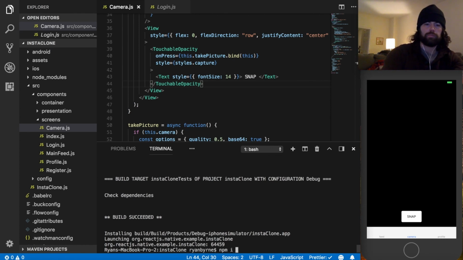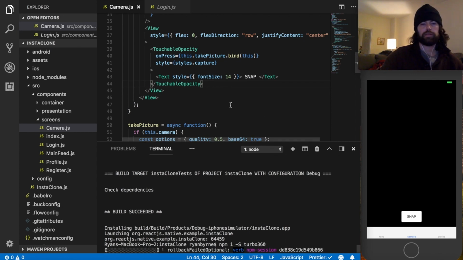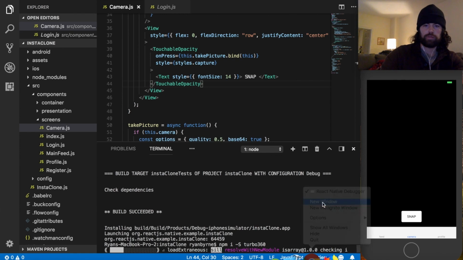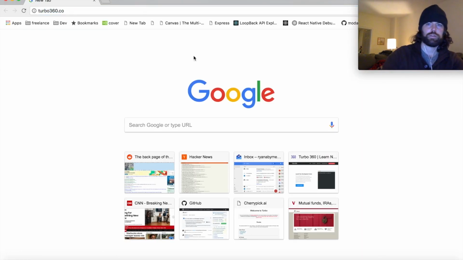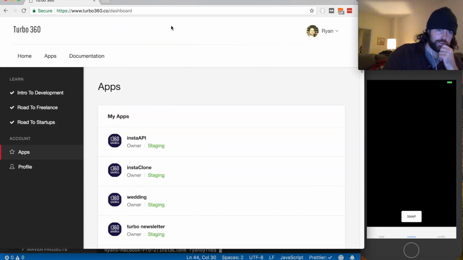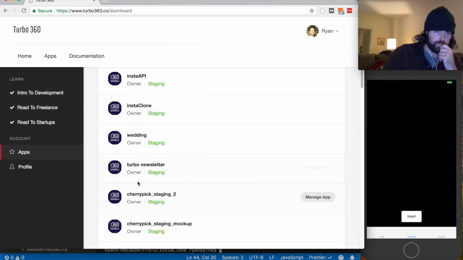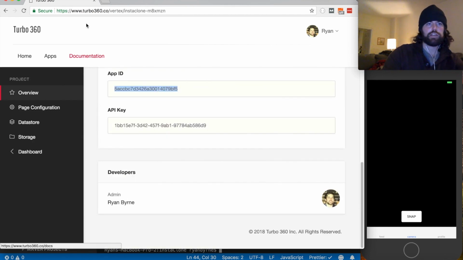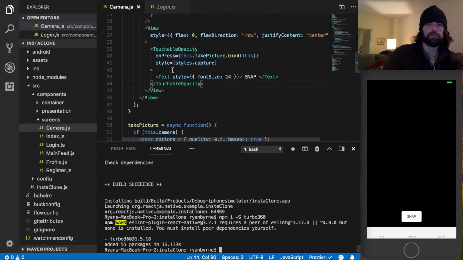So what we want to do is install the Turbo client SDK. So npm install turbo360, and you need to get your app ID from your app. I'm going to open a new window quick. And there's an app ID right down here. And what you want to do is, once this is installed,